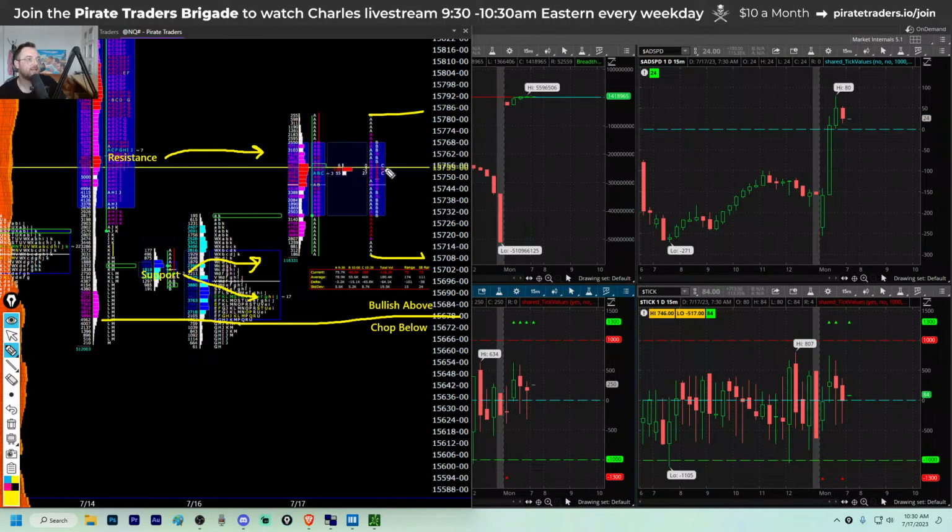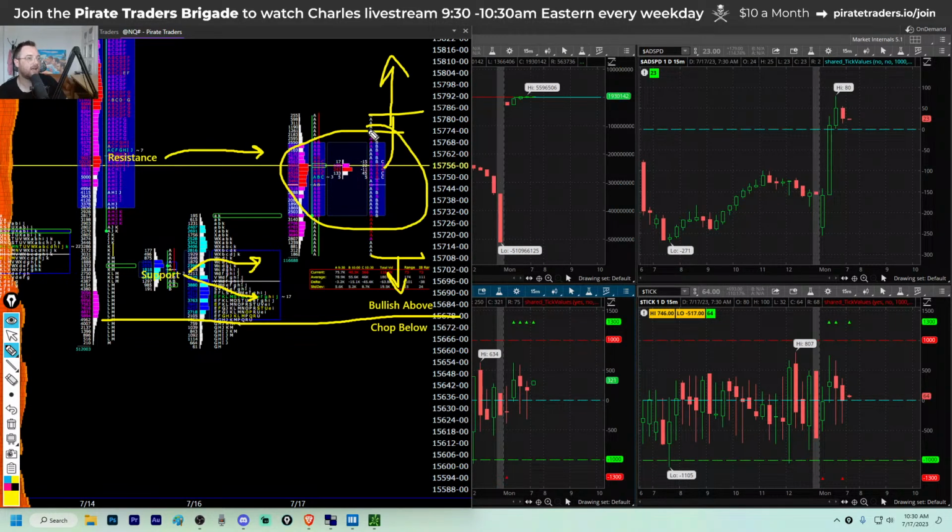If they break the A period high at 15,785, look for continuation higher. And if they break the A period low at 15,708, look for continuation lower. But it's too hard to know inside right now. And the ES